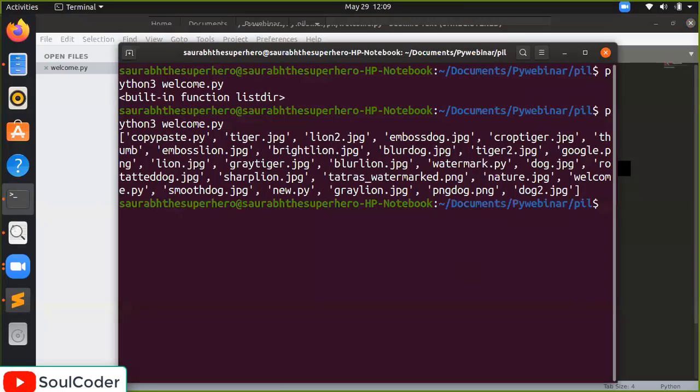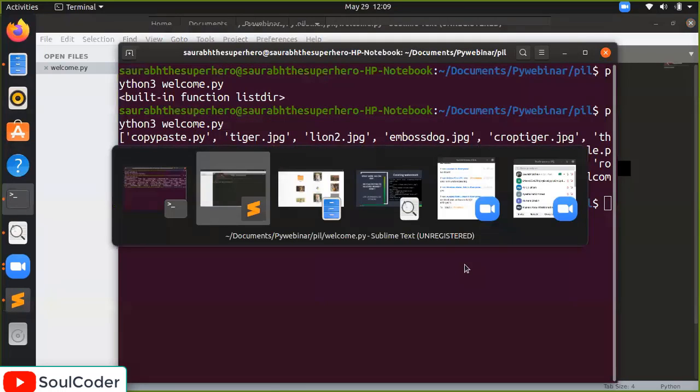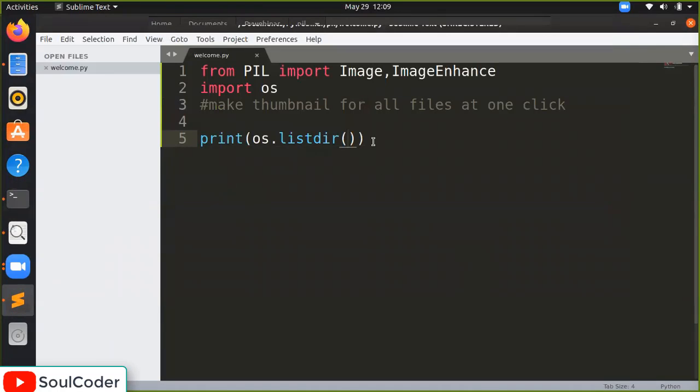So what exactly do I have to do? I have to copy every image into the thumbnail folder and resize it. So how am I going to do it? I'm going to make it a question, and I will share this file with you, okay, guys.